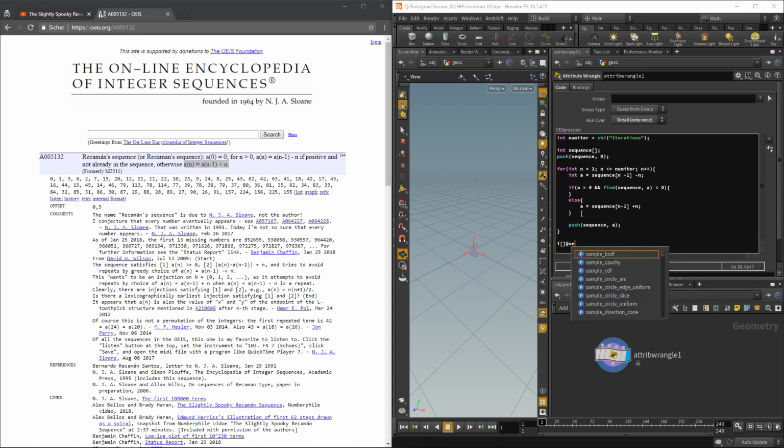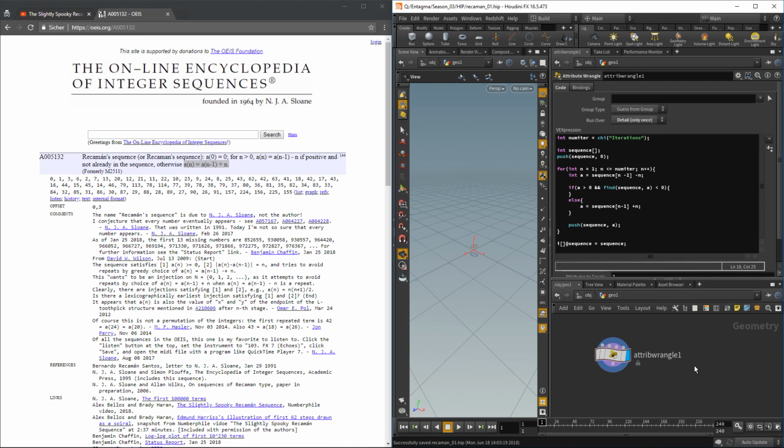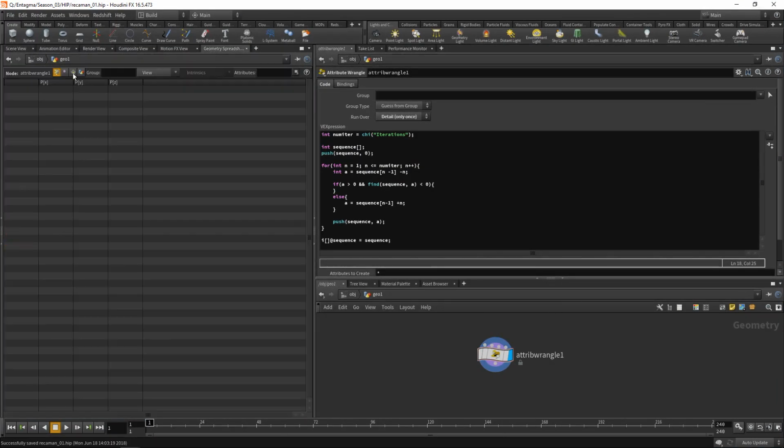Let's call it sequence equals to sequence, like this. Keep our fingers crossed, maybe save this, and let's go full screen on Houdini again. Head over to the geo spreadsheet and to the details here, and you can see these are the values of